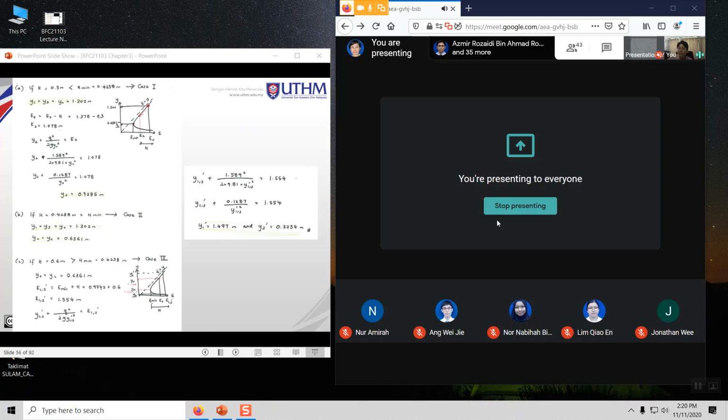Now for case 1, Y2 is not Yc, so therefore you need to find your Y2. But we do know that for case 1, Y1 is equal to Y0 and Y3 is equal to Y0. Therefore, if you look at it, the first line that I put under my H equals 0.3 meter there is actually Y1 equals Y3 equals Y0 equals 1.302. I need this statement because I actually,